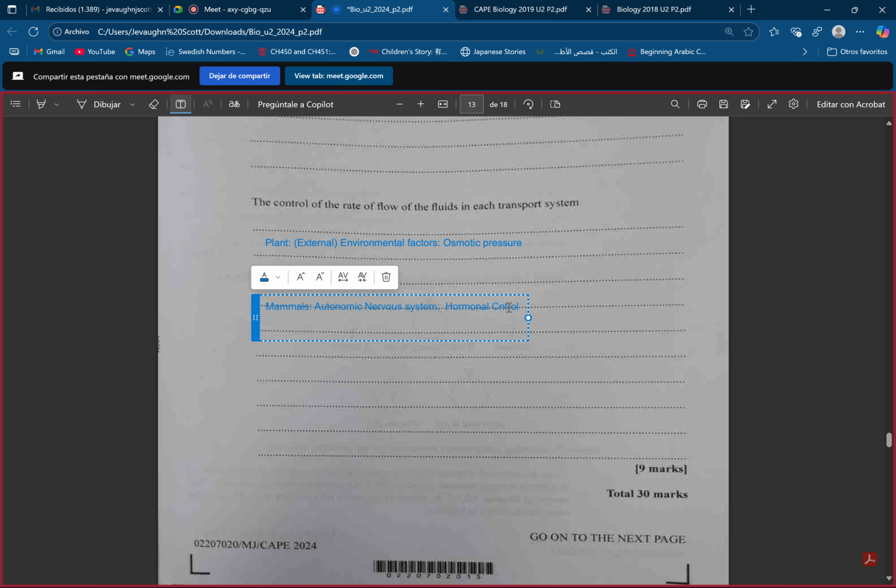So the rate of fluid flow in mammals is controlled using the nerves, the neurological system, as well as hormonal control. Basically that is the case. All right, lovely. So that brings us to the end of module 2 of the 2024